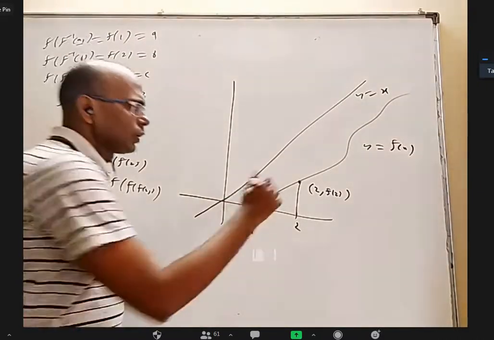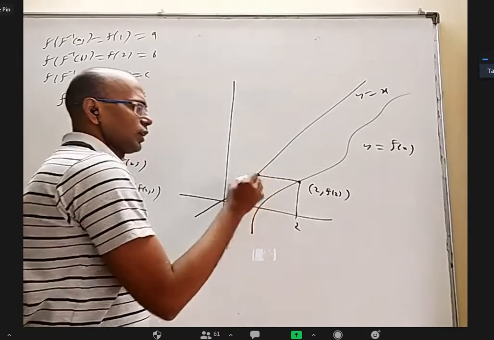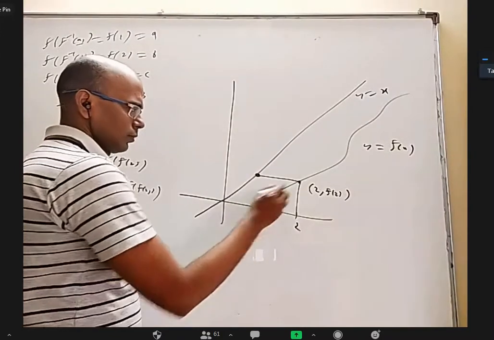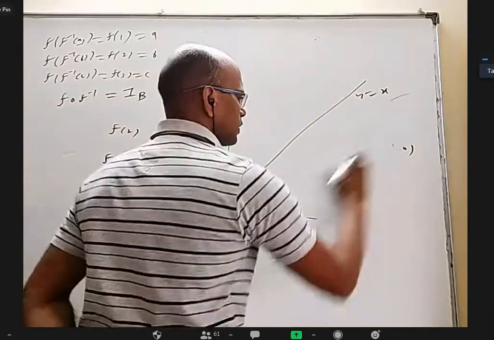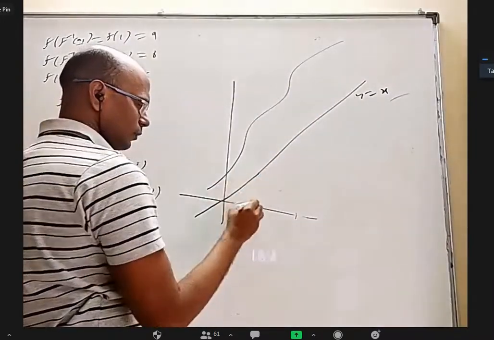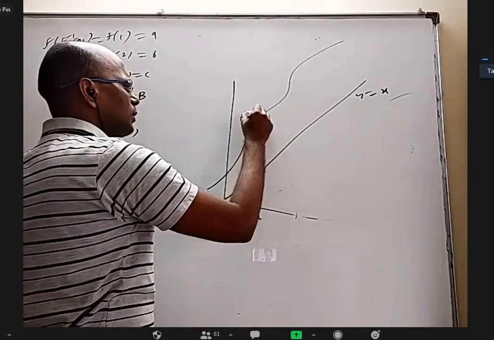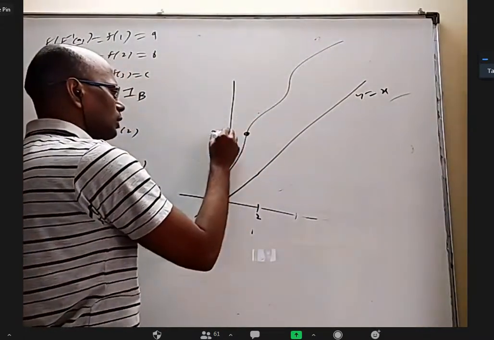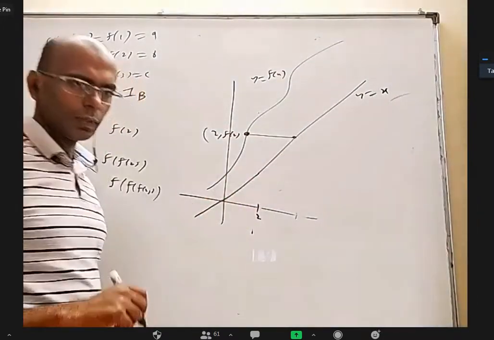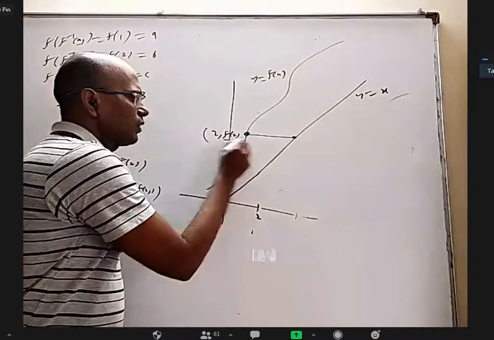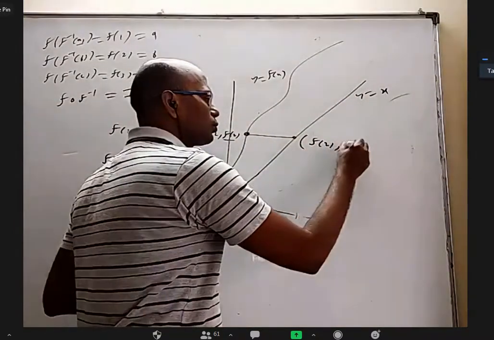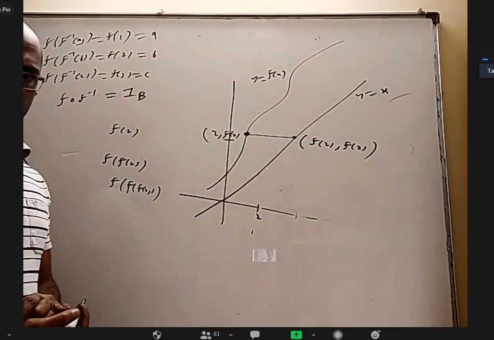If you go horizontally to this one, can you tell me what this point will be? No, wait. Just one minute. I will just erase everything. 2 is here. This point is 2 comma f of 2. This is y equal to f of x. So if I go horizontally, f of 2 will not come. This will have the same y coordinate. The x coordinate is same based on this. So this point is actually f of 2 comma f of 2. Am I right?